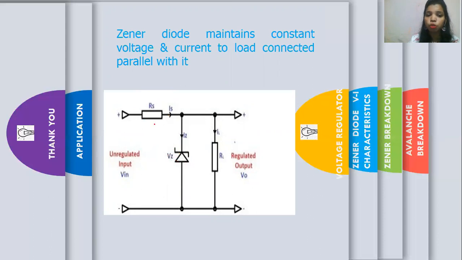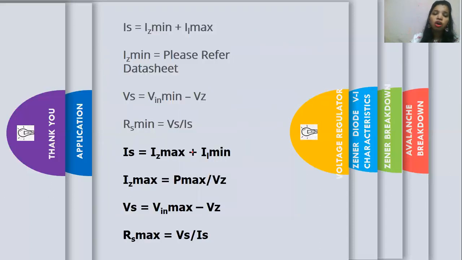So the value of RS should be as small as needed to keep it in reverse bias, but it should not be so large that it can damage this Zener diode. So its value should be properly designed, so it will keep the Zener diode in reverse bias and it will maintain the maximum current. Now we should know what is the maximum current across the Zener diode.